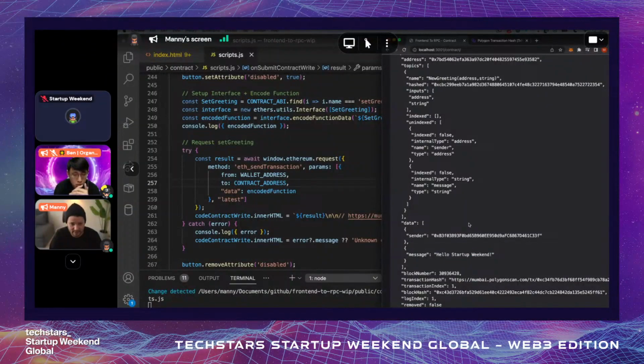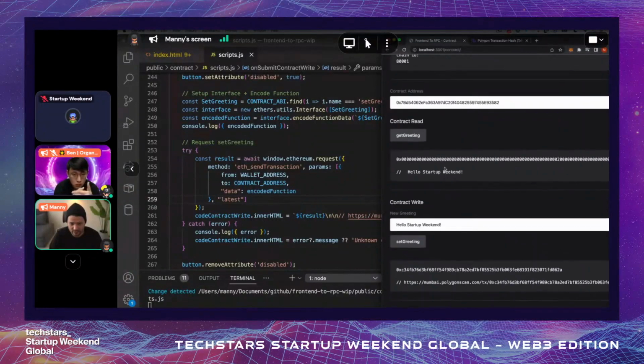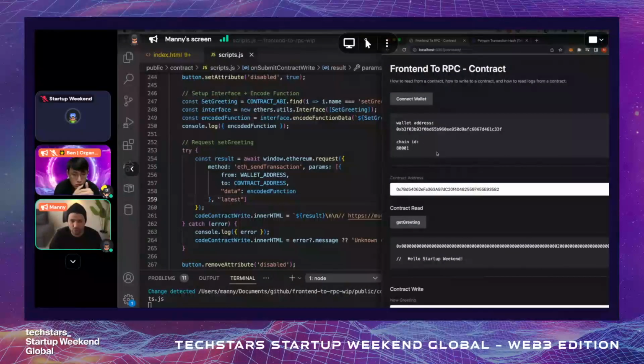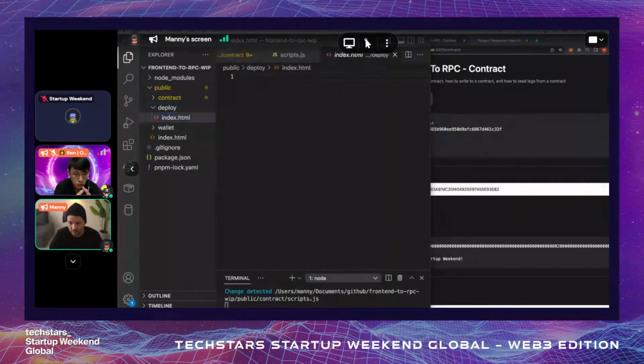Okay. So we're able to successfully get the logs. We're able to successfully write to the contract and read from the contract. So this is all that has to do with contracts. And I'm just going to paste the code for this, and I'm going to show you guys what it looks like to deploy a contract only with HTML